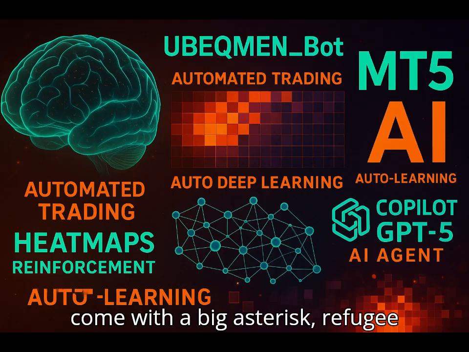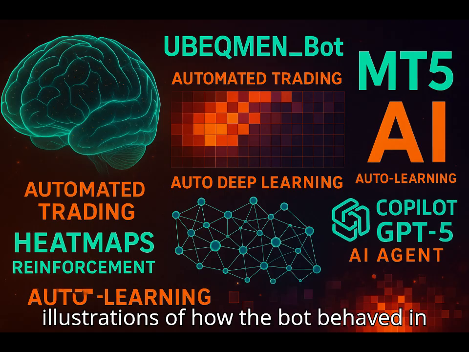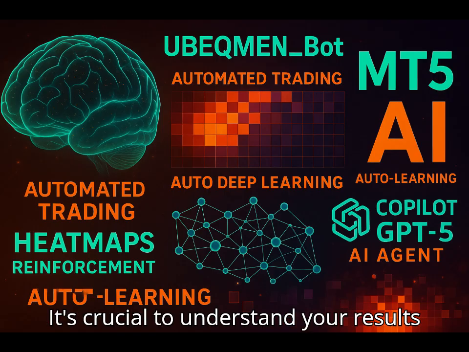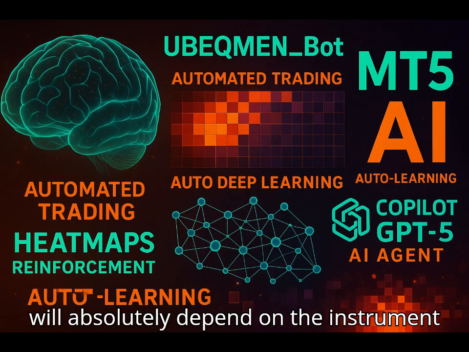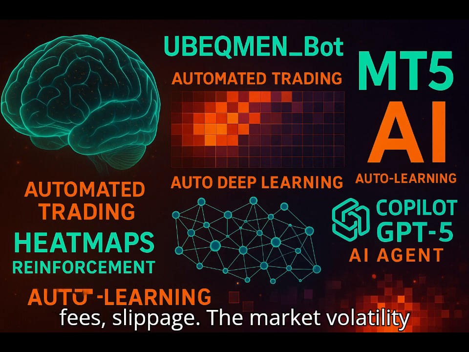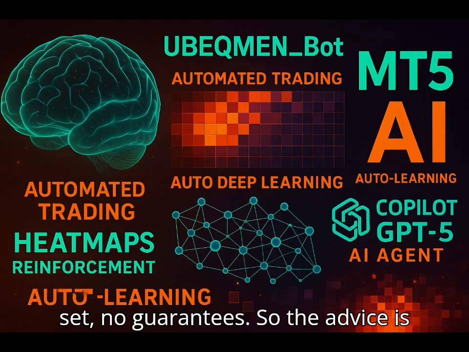But these come with a big asterisk, right? Huge asterisk, yes. These numbers are just illustrations of how the bot behaved in very specific real market conditions. It's crucial to understand. Your results will absolutely depend on the instrument you trade, your specific broker, their fees, slippage, the market volatility when you trade, and the parameters you set. No guarantees. So the advice is...